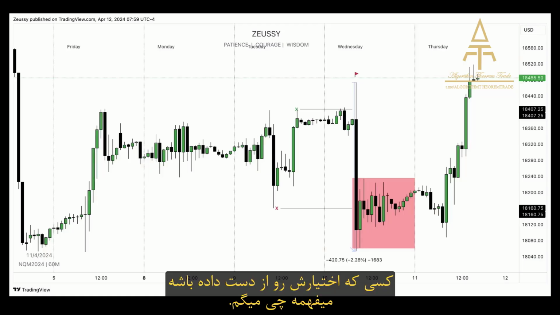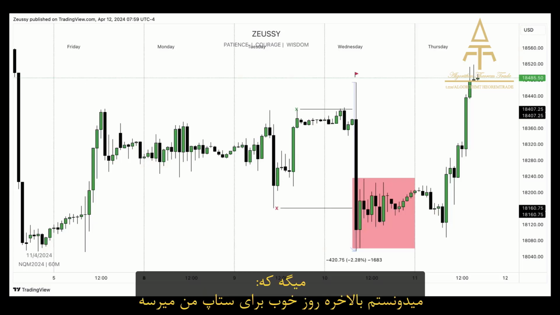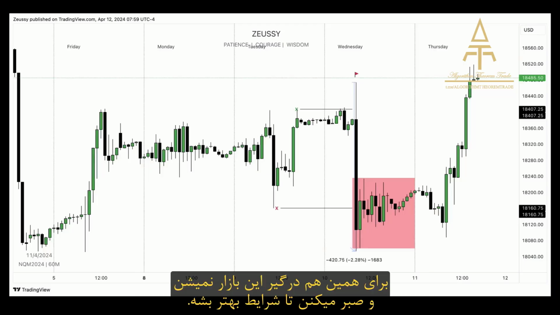Whilst the person who has controlled himself and who knows the strike rate of his model, where he knows this is how many times the model forms each week on average, this is how many times it wins on average, etc. You can say, I know a new setup will form. I know a new day will come around where a high probability setup will come. And that's why they don't force it in such an environment and they just do fun stuff outside of the